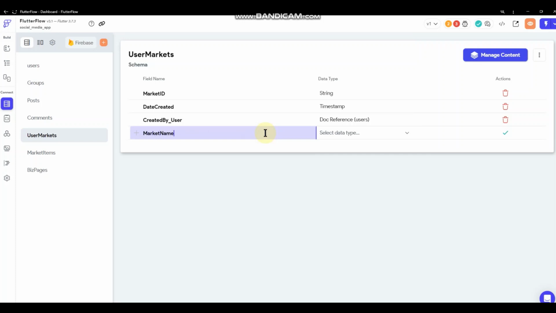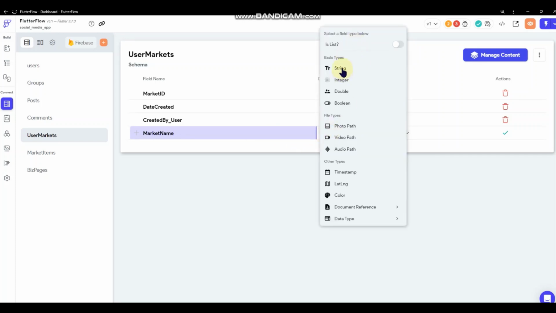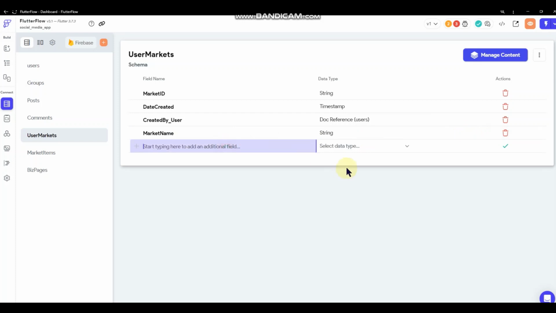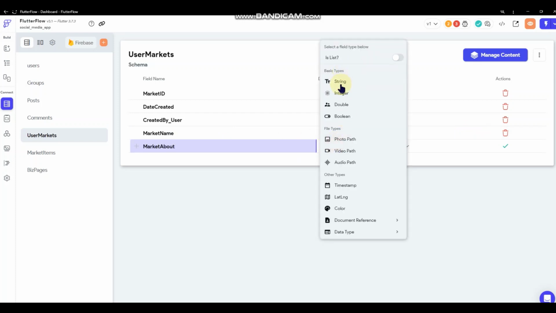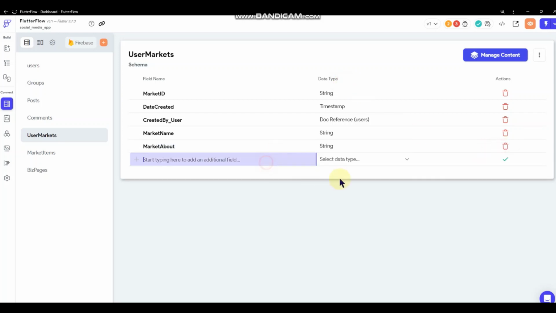Market name. Market about. Market photo.